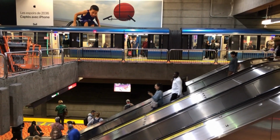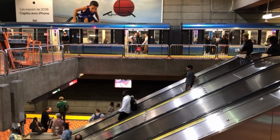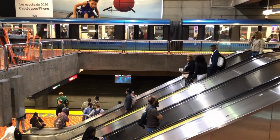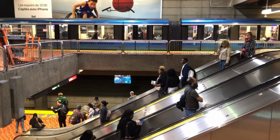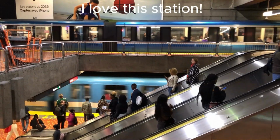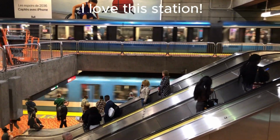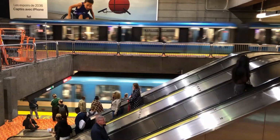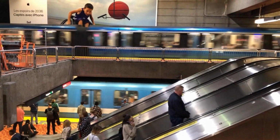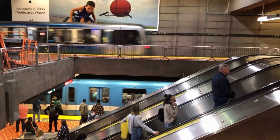and it really shows in the ridership that I saw while downtown. So I took the subway from the Orange Line station, Bonaventure, or Gare Centrale, to Berri-UQAM, which was a pretty interesting station since it was the terminus for the Yellow Line and had two stations for the Green Line and the Orange Line. So it was a pretty busy station, as well as the Yellow Line platforms were really deep,